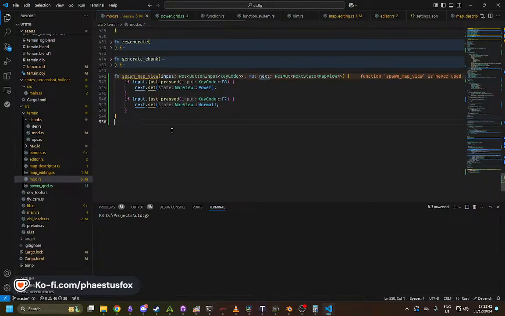Okay, so that's our spawning of our maps, and then we need to have fn set mesh